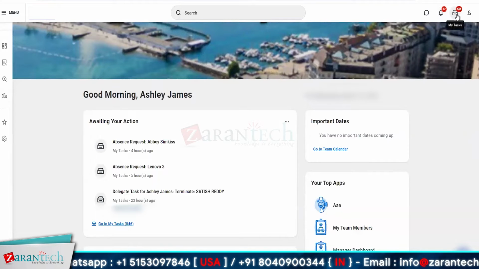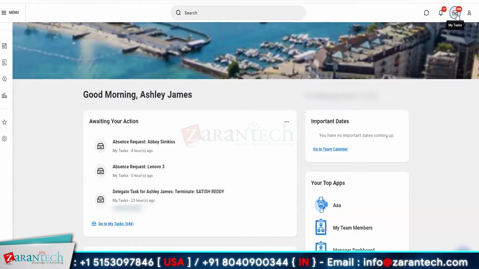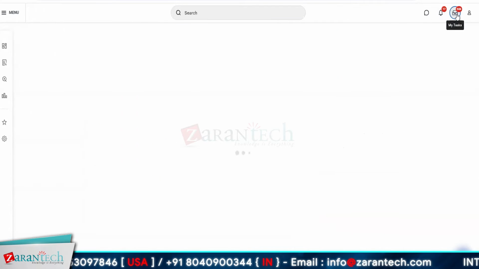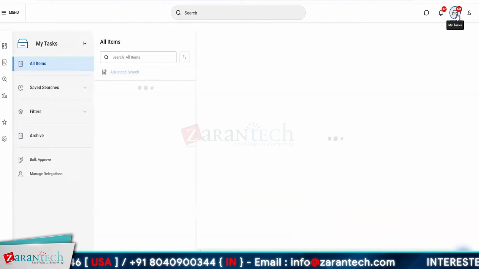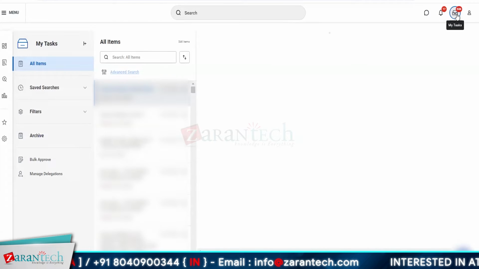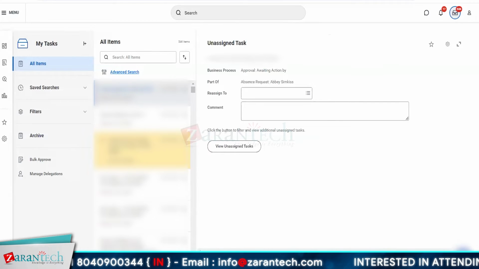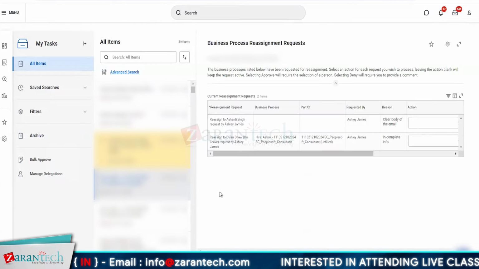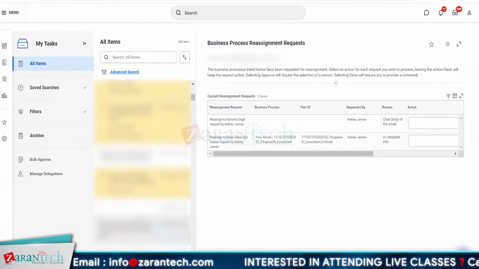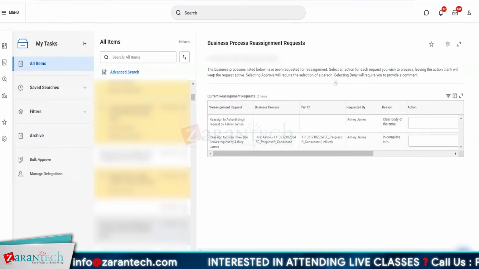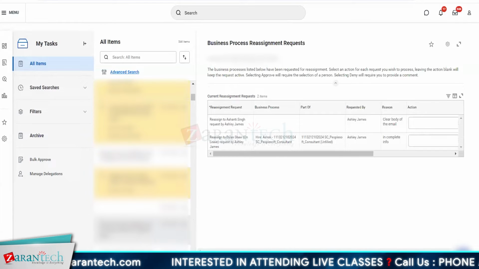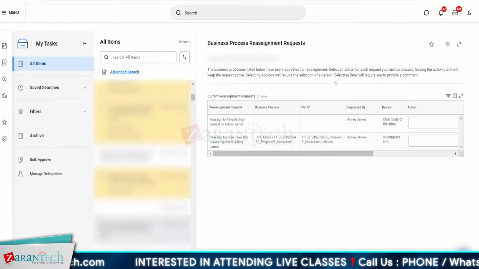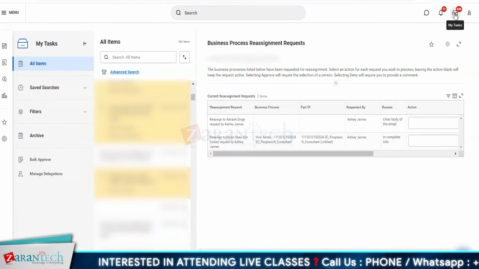Now we have another item called My Task. If you are required to perform a certain task in Workday where you have to complete an action, all those tasks will be available over here. Now you see that there are a lot of tasks, like there is a hire task that is pending, and there are a lot of other tasks in the system. So all the activity or any action item that is pending on you will be available in the My Task